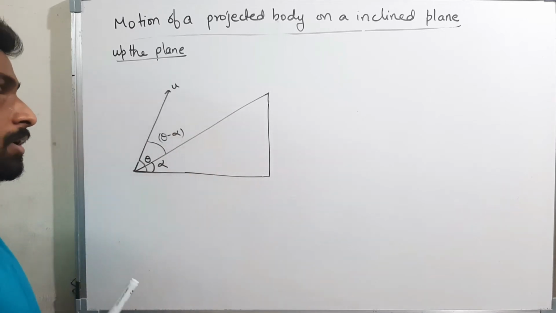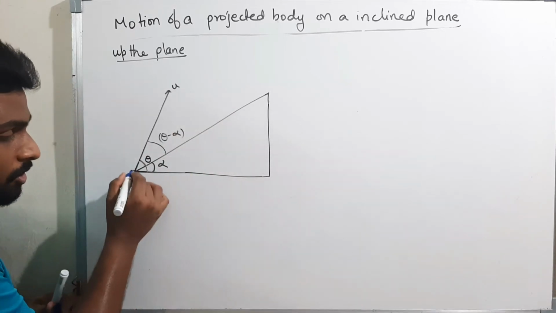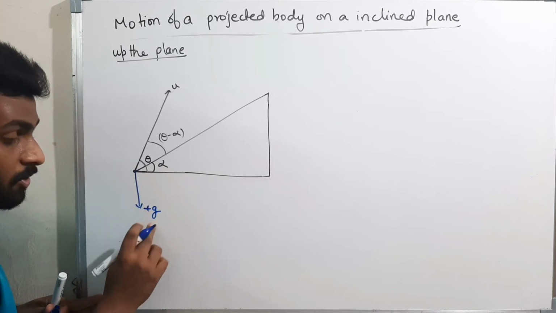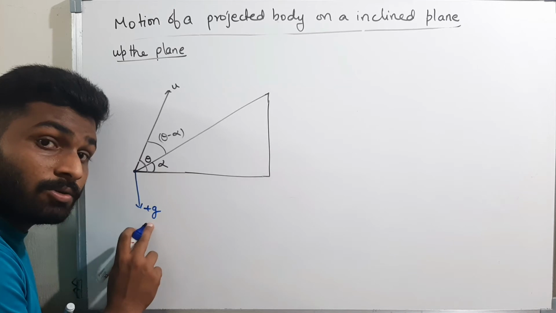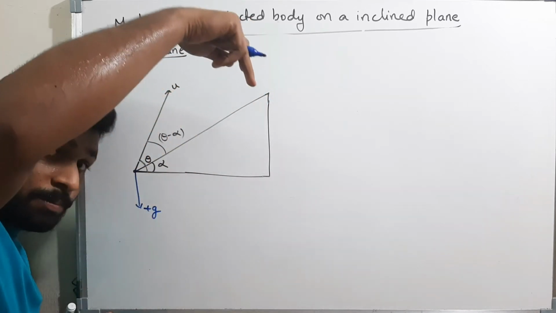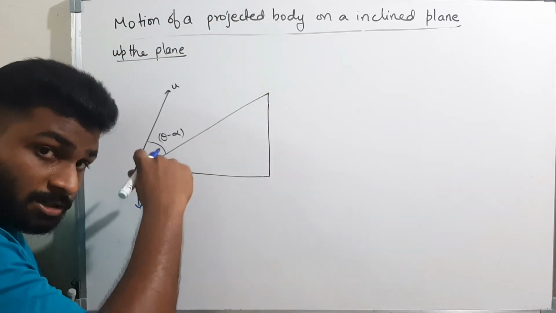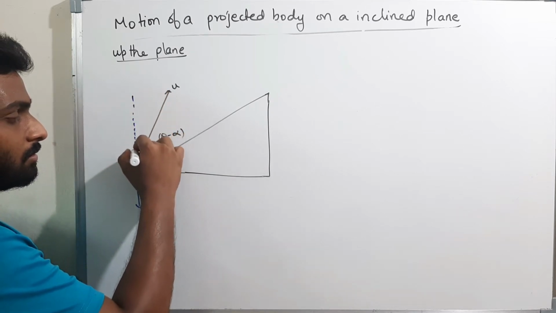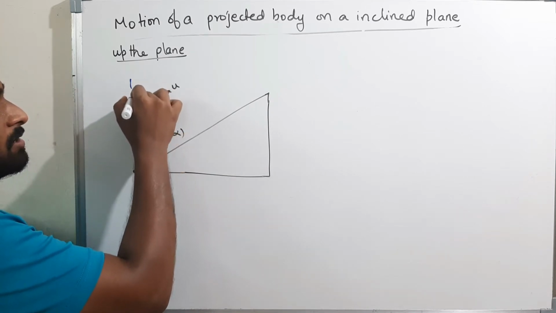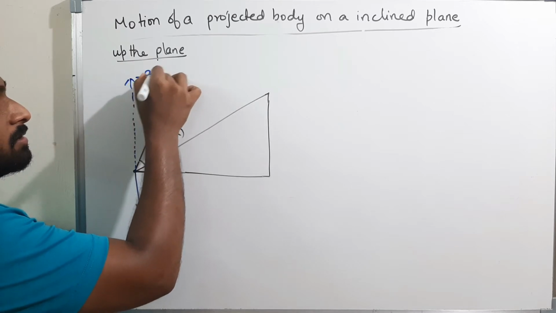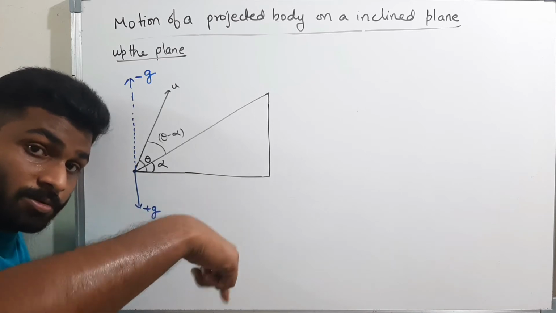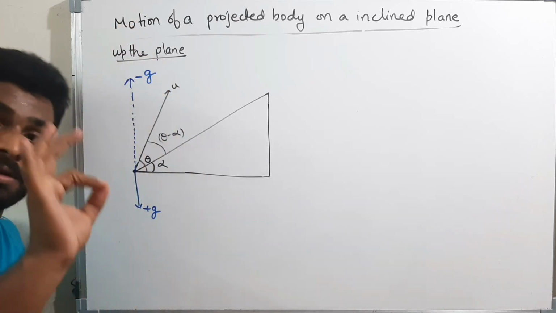Okay, well and good. Now see here what I am doing. What is the vertical downward acceleration? The vertical downward acceleration is plus g, because of the acceleration due to gravity. Now if downwards it is plus g, then what is the upward acceleration? The upward acceleration is minus g. Downward acceleration is positive, upward acceleration is negative.